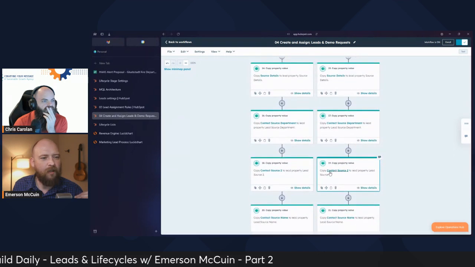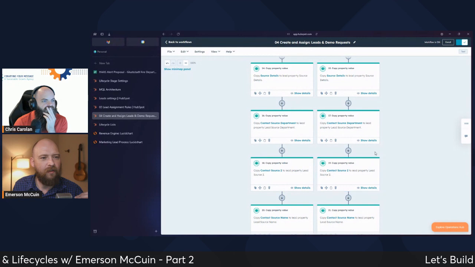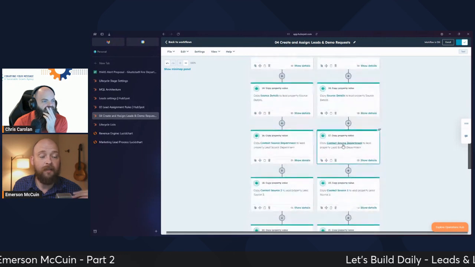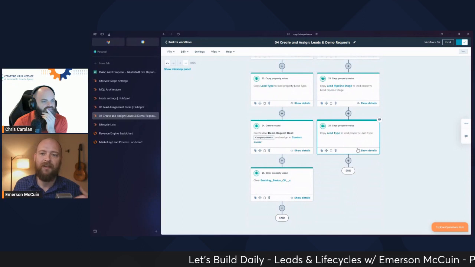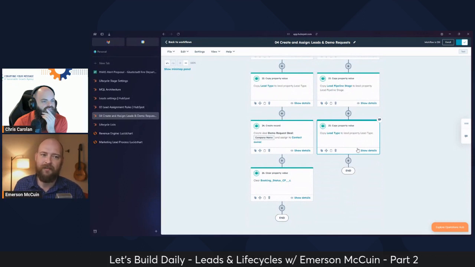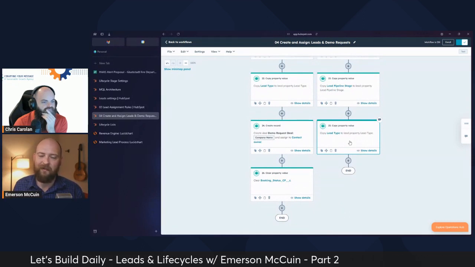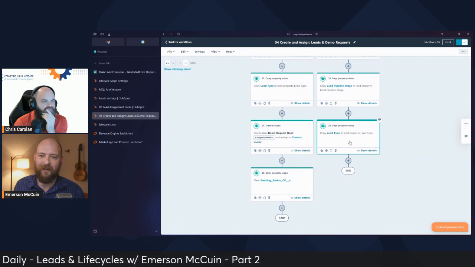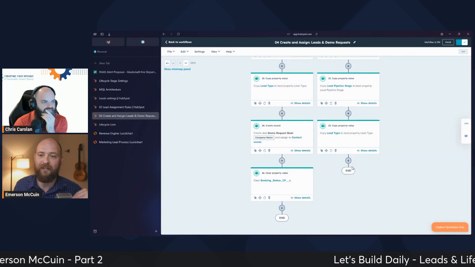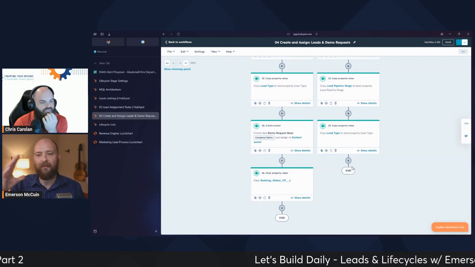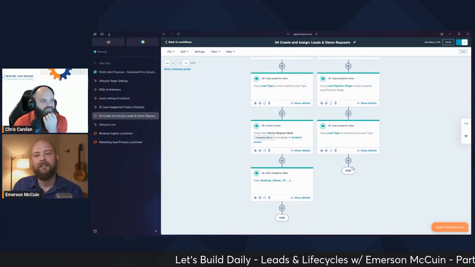I'm not sure why these got doubled up, but I'll have to take a look. But in any case, you get the idea, right? We're making sure that all these properties are stamped on the lead. When it gets created, it assigns, and then they're going to show up in new for our salespeople to work in their prospecting workspace. And then they're going to be able to see all of these properties within that, a little window into the contact record.